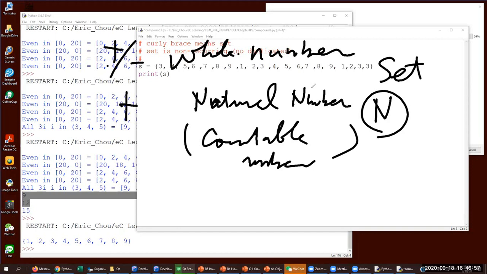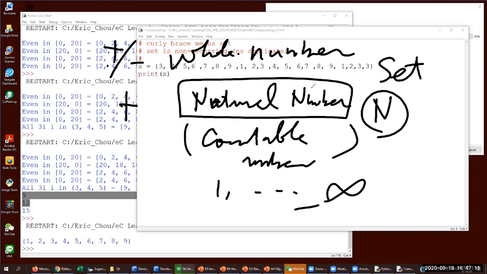Is that okay? So that's a set. It actually goes from 1 to infinity, right? We don't know how big it is, but any number that is countable, we call it a natural number. So in nature, there's no zero watermelon, right? There's no such thing as zero watermelon. 1 watermelon is 1 watermelon, right? That's countable. That's natural. So 0 is a concept invented by people,